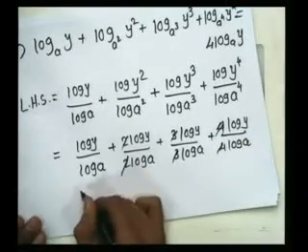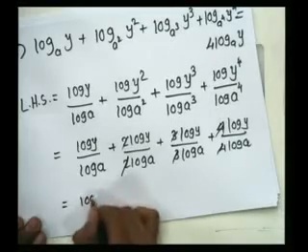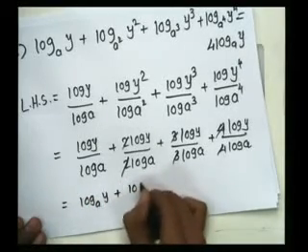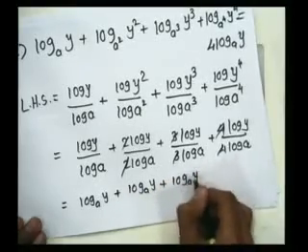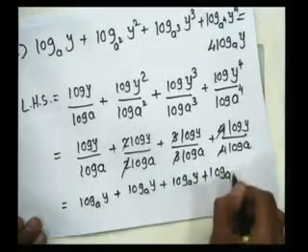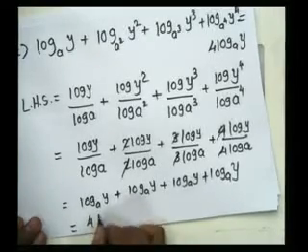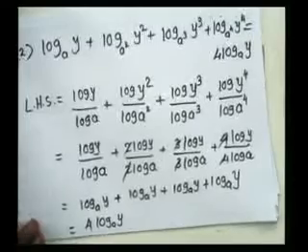Log y by log a, again we will apply change of base property. So we can write log base a of y, second term is log base a of y plus log base a of y plus log base a of y. We are getting 4 times, so answer is 4 log base a of y. That is our answer. The same example we will discuss on presentation.